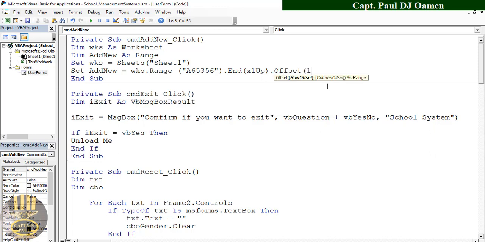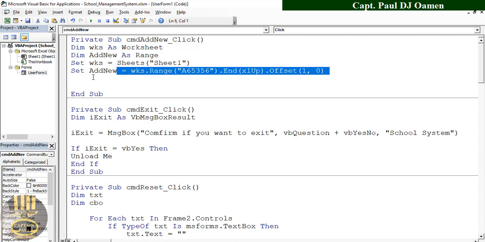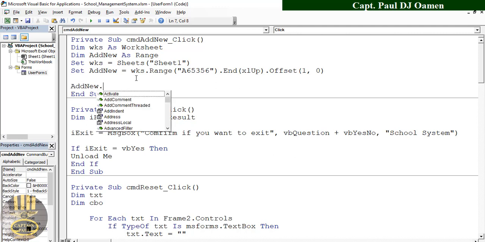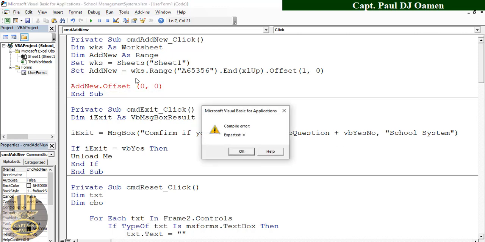Okay, let's say 1,0, so that we increment each of the rows. So down, let's say add new dot offset, add new dot offset. That is going to be from 0, 0, that dot value,